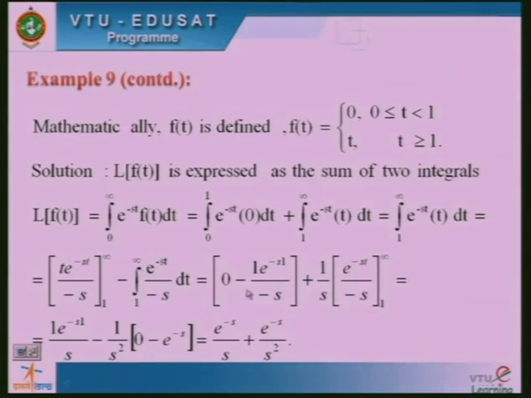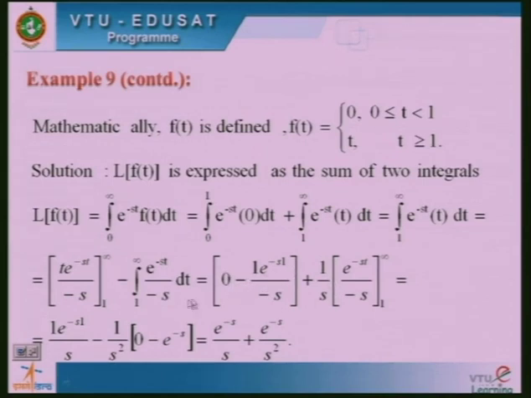Is it clear? And finally, I want to substitute the limits. First part becomes 0, because in e to the power minus st, I have to replace t by infinity. E to the power minus infinity can be written as 1 divided by e to the power infinity. Is it clear? That is equal to 1 by infinity, that is equal to 0. So, first part is 0, second part is not equal to 0, because I have to replace t by 1,